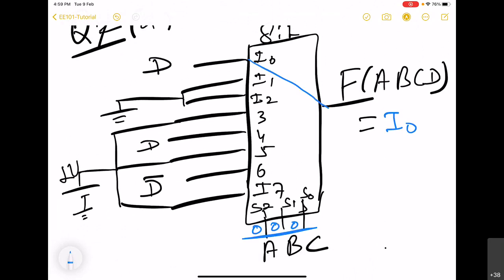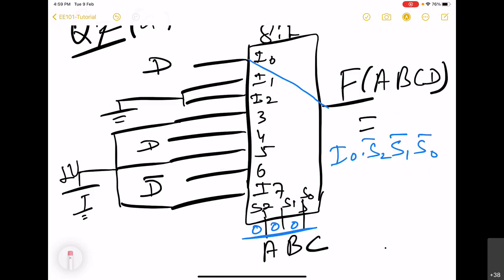For example, when you have 0, 0, 0, F will be equal to I naught. In this case, this output can be written as I0 into S2 bar, S1 bar, S0 bar.